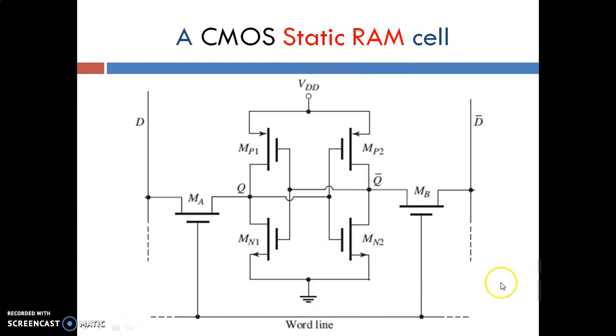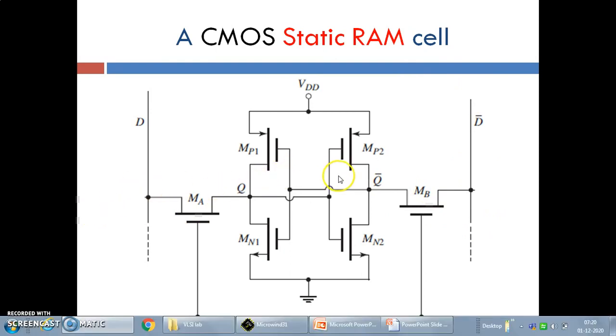This is a common word line which is connected to the transmission gates, through which we can write the data into the memory cell, or read the data. So basically this static RAM cell is used for storing the data, and the stored data can be read. The data which is present at Q and Q bar can be read by these transistors at the data lines, or while writing, the data which is given at the input lines D and D bar can be written inside the memory cell at Q and Q bar. So write and read operations can be done here.